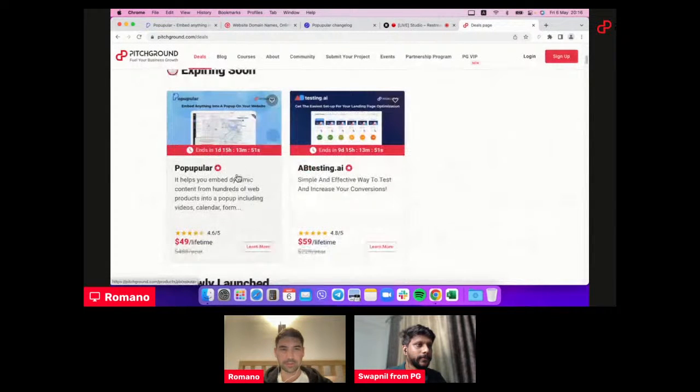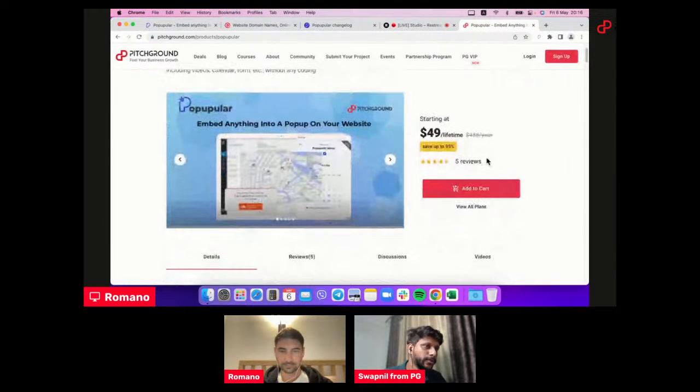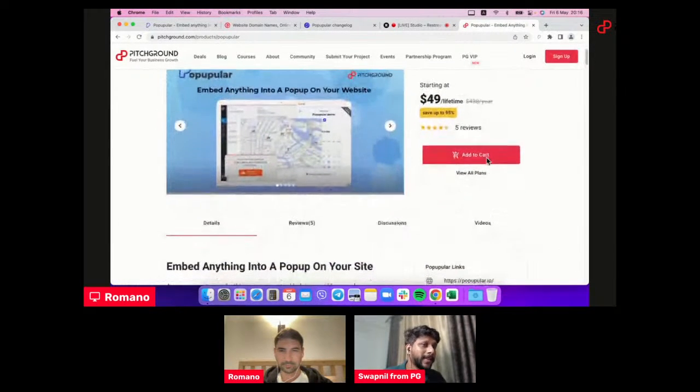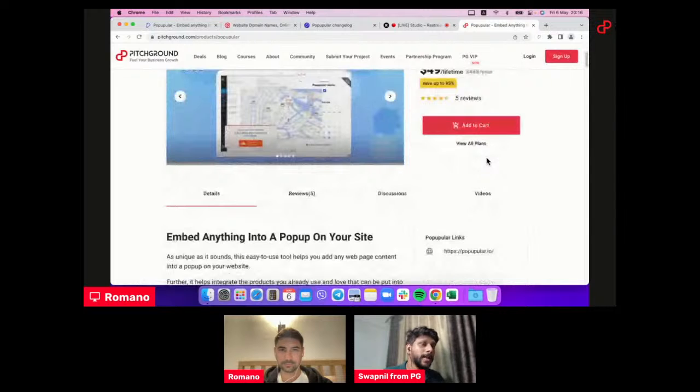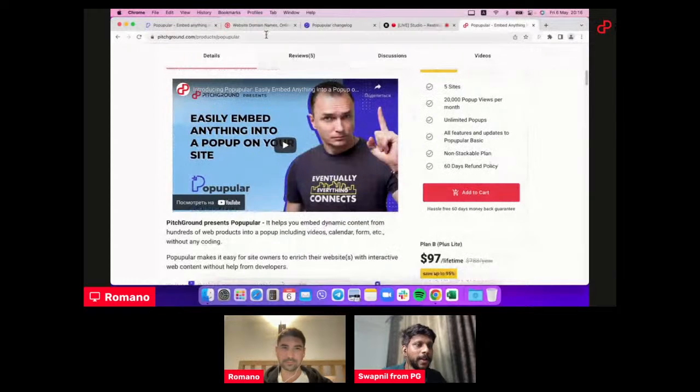Right, there we go. Yeah, it's Popular. The tool name is Popular. It helps you to embed anything into your website, right? So you can embed a YouTube video in a pop-up. You can embed a Calendly calendar in a pop-up, Google Doc, Airtable sheet, MailChimp form, podcast player, image or GIF, website,